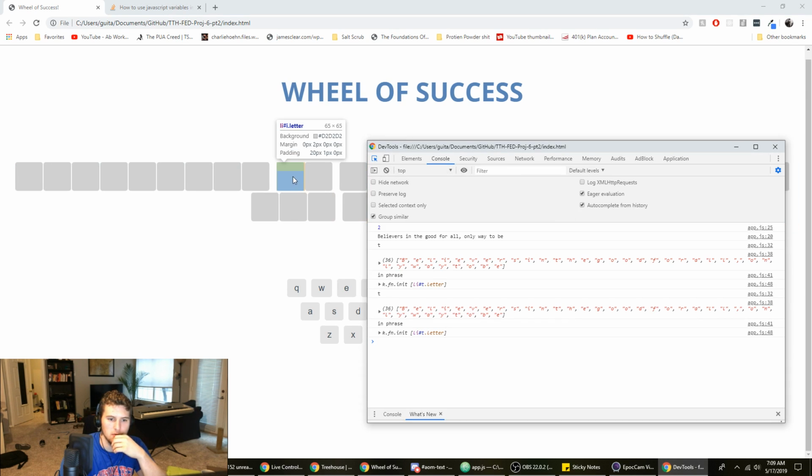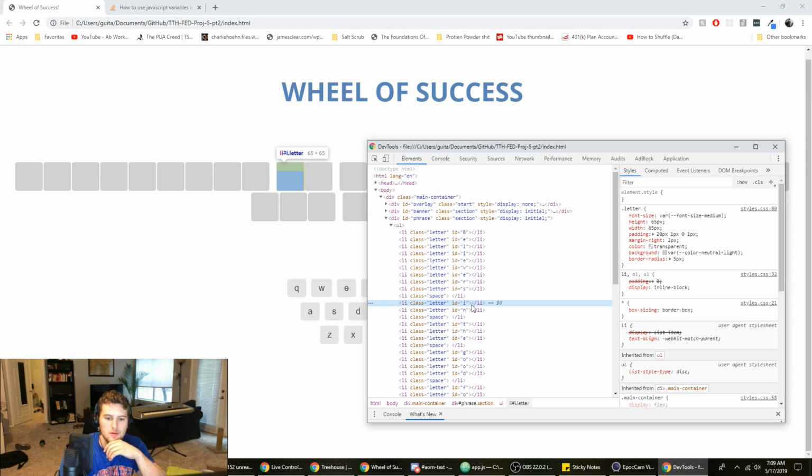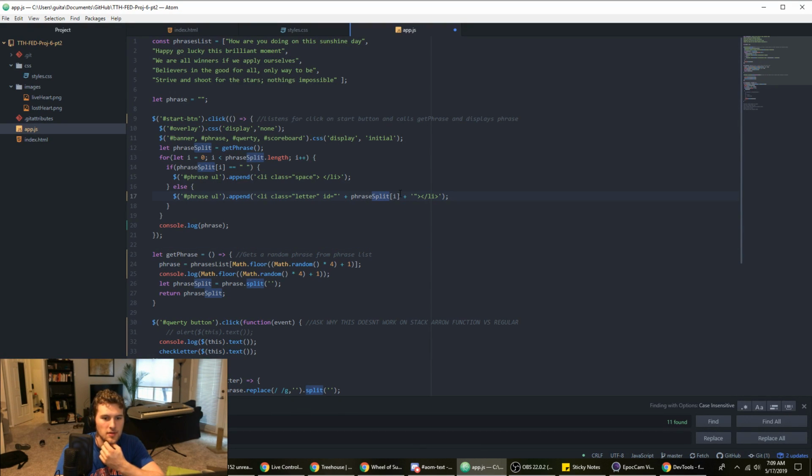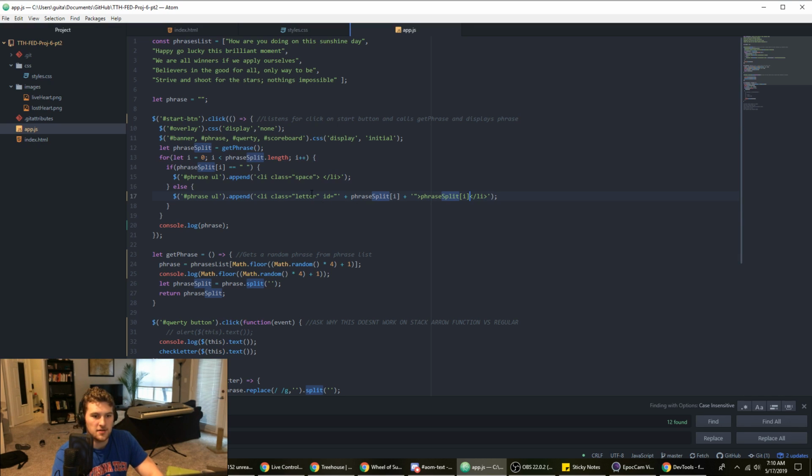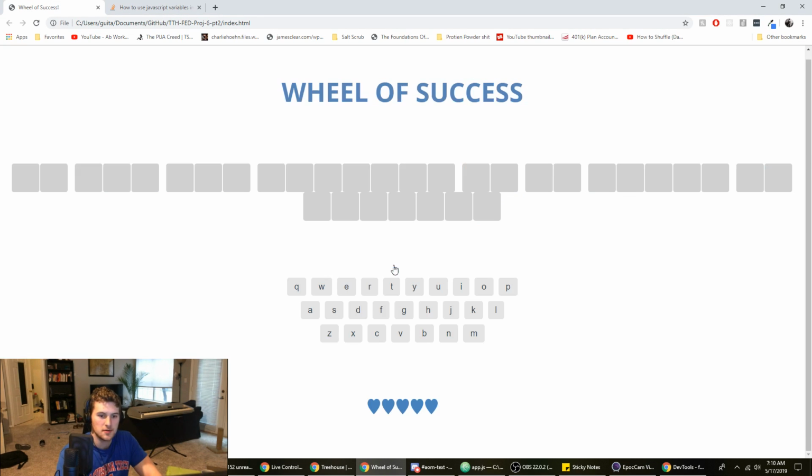So we need to, what if we put the letter in there and then by default we'll make it hidden or something like that. Let's see if this works. All right, okay, cool, they're in there already.